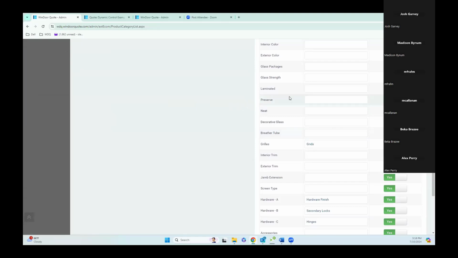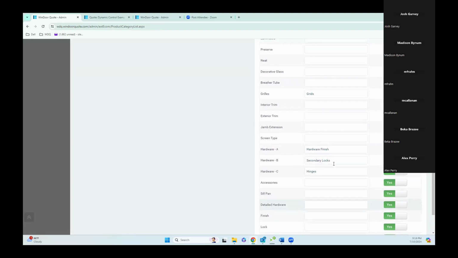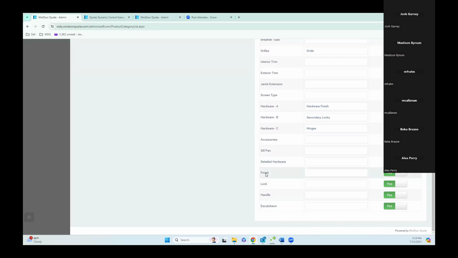as you can see, I have preserve and I have neat turned off. And I have hardware A as hardware finish, standard locks for hardware B or secondary locks, and hinges for hardware C. And you'll also notice I have detailed hardware left on, and I didn't change those descriptions. So then when I go to my other screen here,